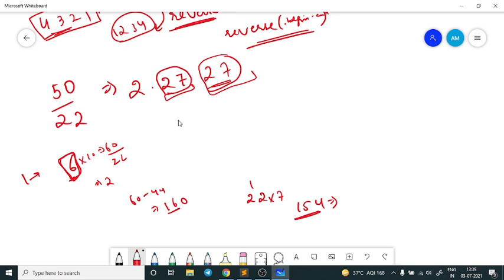So I will have to store the remainder for each digit. If I take this example, I have to store my remainder for each of these digits.